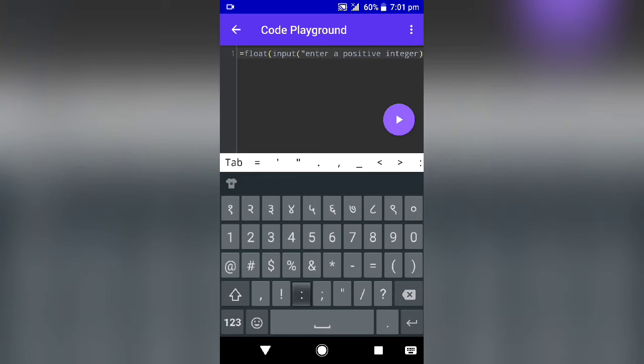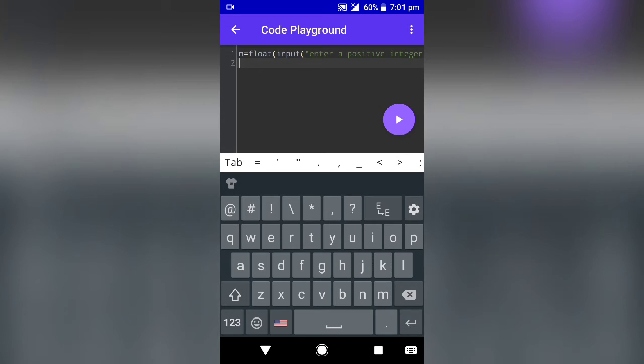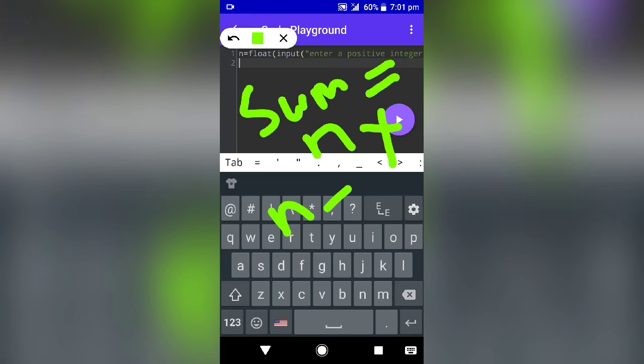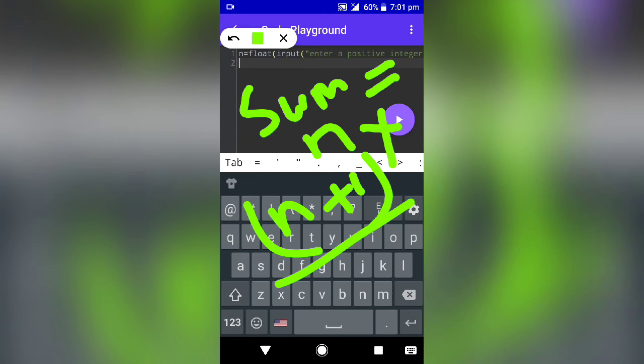Positive integer. You may write anything you like, but you have to know this formula. The formula is sum equals n into n plus 1 divided by 2.